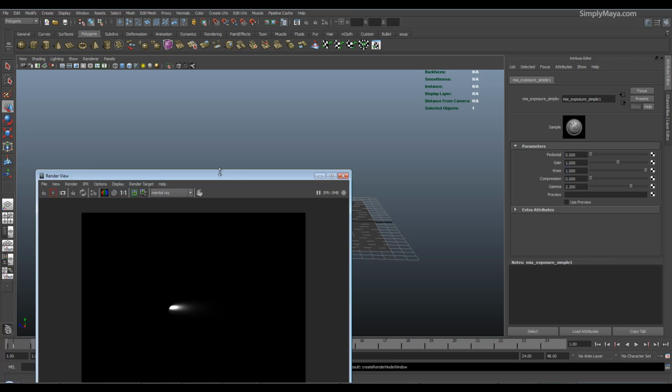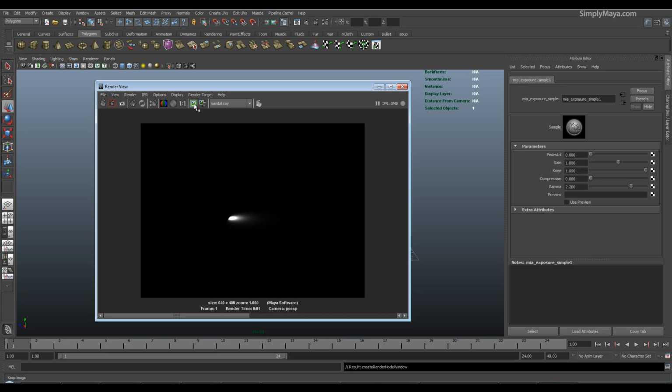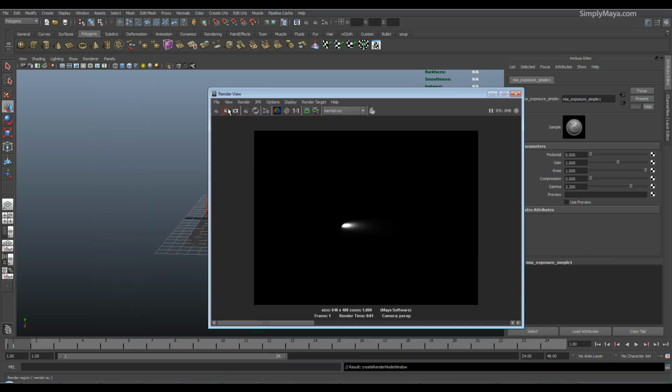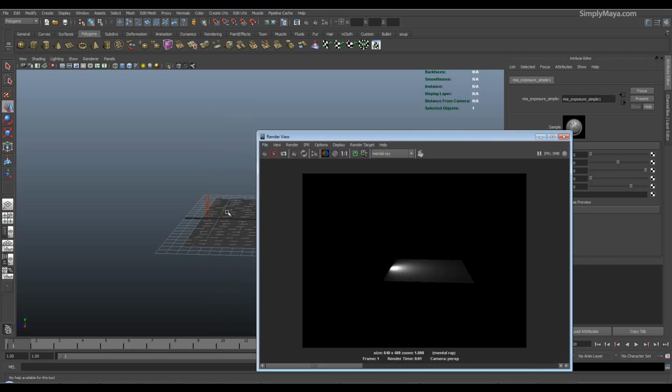So if you'll remember, this is the last thing we rendered. I'll take a snapshot of that. I haven't changed the light, haven't really done anything, and there we go. I've still got this bright hot spot here, but as you can see, my image is now lit fairly well. I can see the gradual fall off, and if I want to get rid of this bright hot spot, if